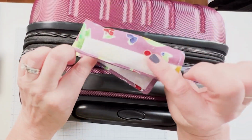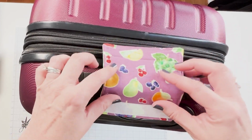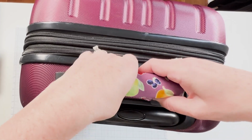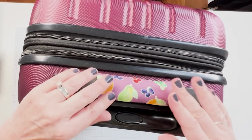We have the hooks on one side, the loops on the other. So we'll just show you again how I put it on. I'm going to center it, I'm going to put the loops under. Then I'm just going to roll the fabric so that the hook connects